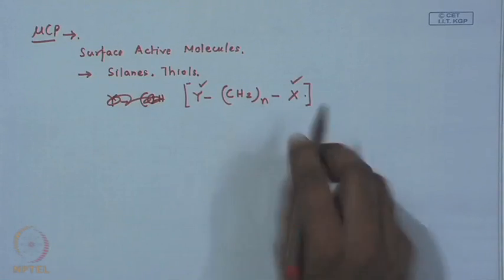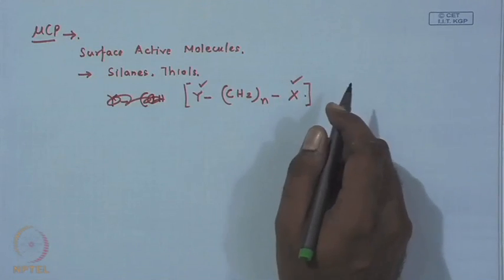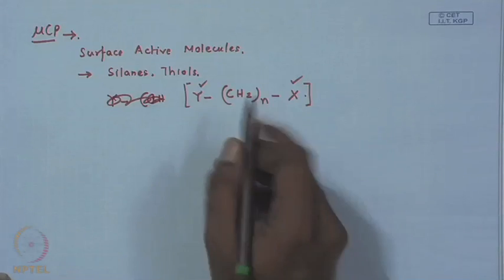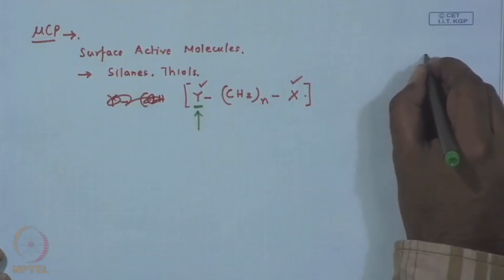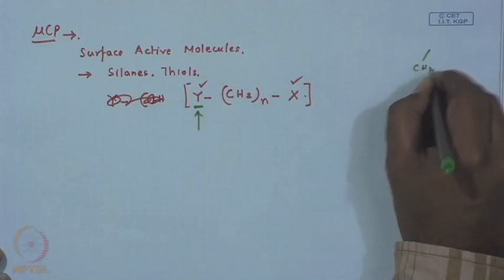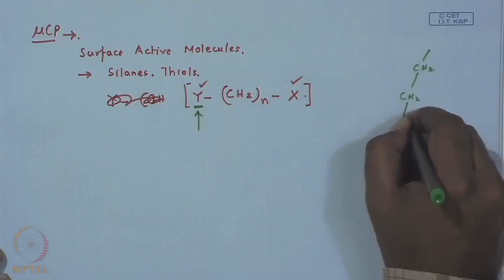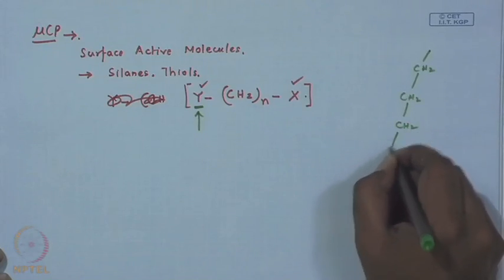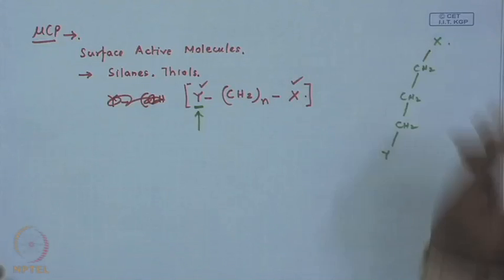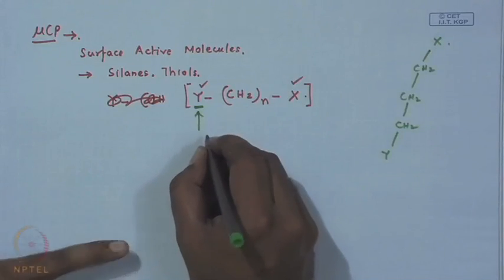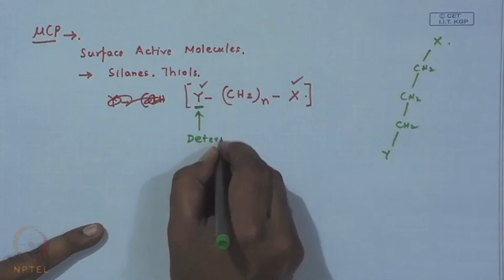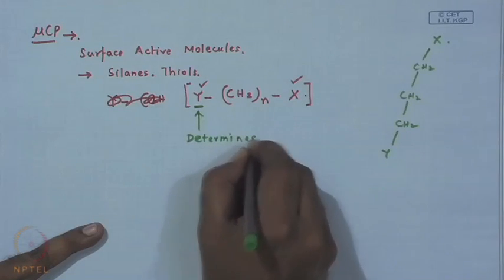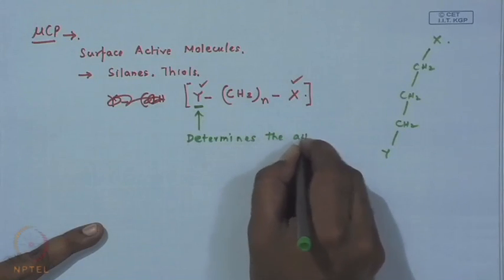Out of these two ligands, Y is the one that determines... So essentially what you have is a long chain molecule like this, and this Y end of the molecule determines the attachment